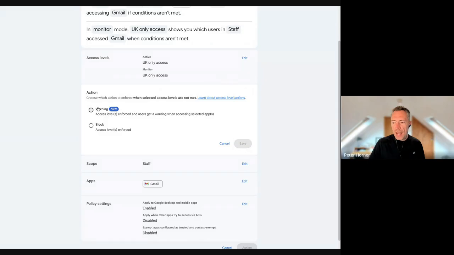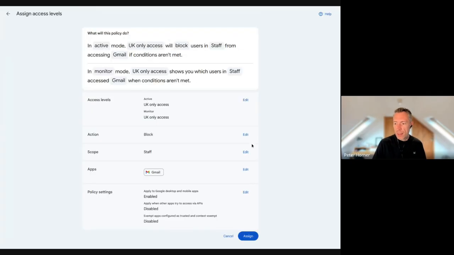When it is in active mode, you've got two options here. You can either block access, in which case that staff member then can't access Gmail if they're outside of the UK, or you could just warn about that and not actually block it, but I just get a warning message. Now, that could be useful maybe if their device doesn't meet your security standards and you want to give people a notification first before enforcing that policy. But let's just select block in this instance and press save. So that's a really simple one. Let's look at a more